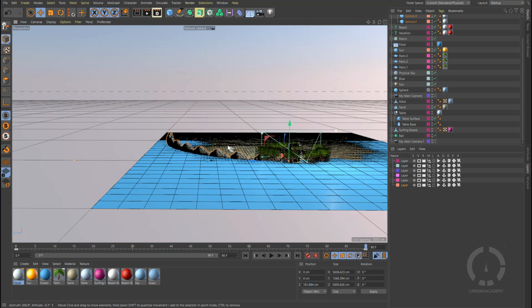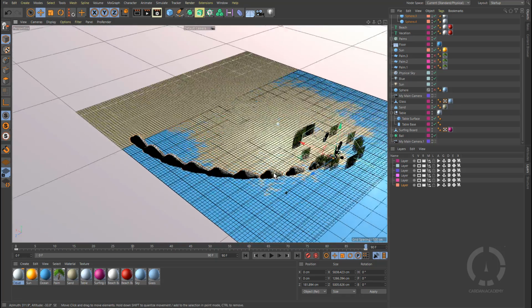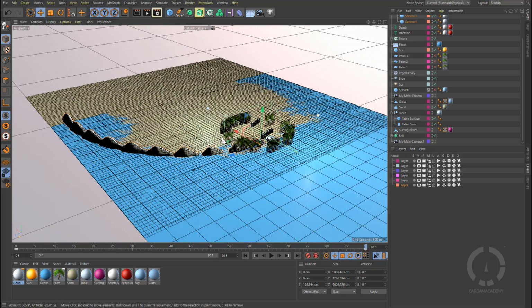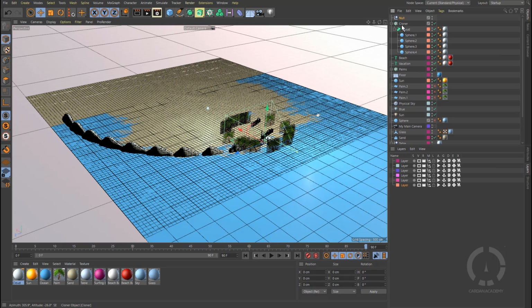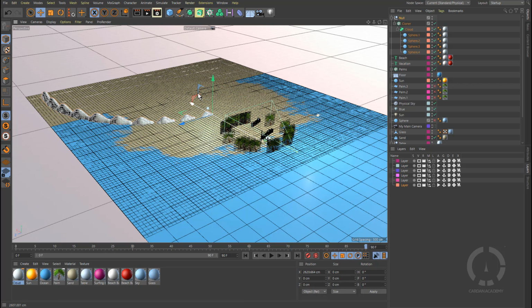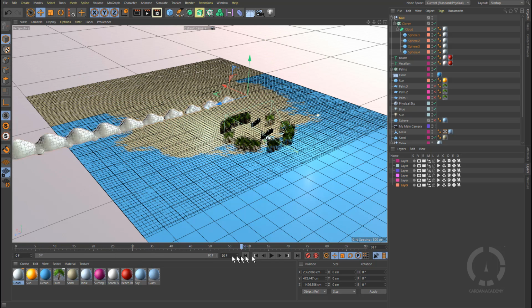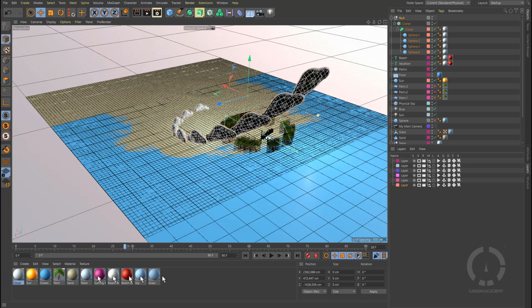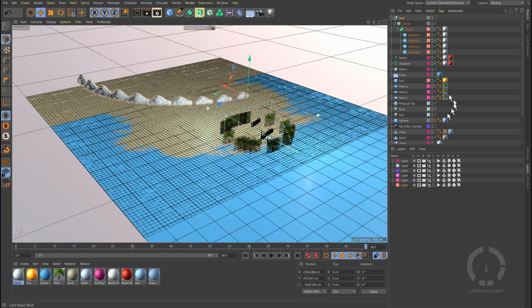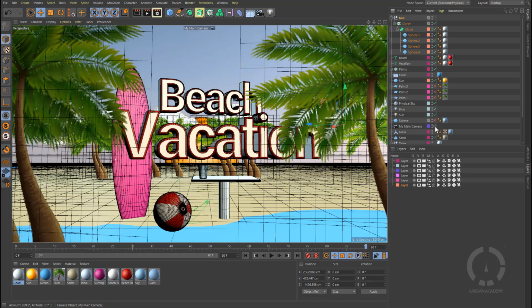Now I could start working with the entire animation again, or I have another trick, which is using a null object. And now this cloner is going to go inside this null object. And now all I have to do is just move this object. If I move this object, I don't have to worry about the animation. The animation is going to stay in place, but I am just moving that specific object. So now if I move and place my camera in here, I can take the null object, go to attributes, and